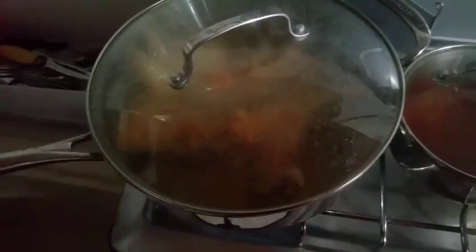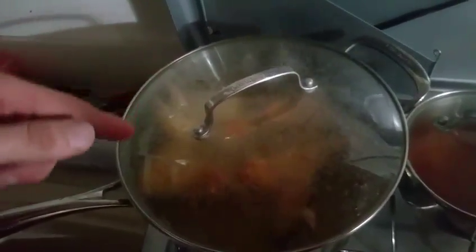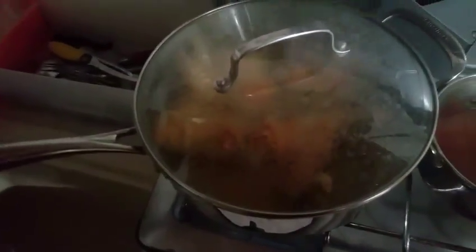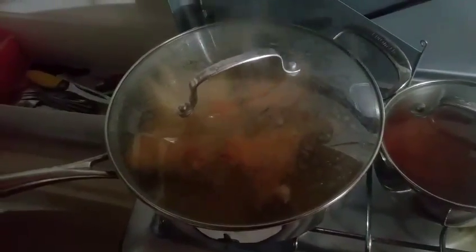They're looking really nice and golden brown, and you'll notice what might happen to you: I went to lift my lid and it caused condensation to go down onto the oil and really caused it to bubble up like crazy, like it is now, so I had to throw the lid back on. But in just a second here, I'm going to pop the lid and hopefully let the condensation go into the sink this time. And I like to take the chicken out then and throw it into a paper bag